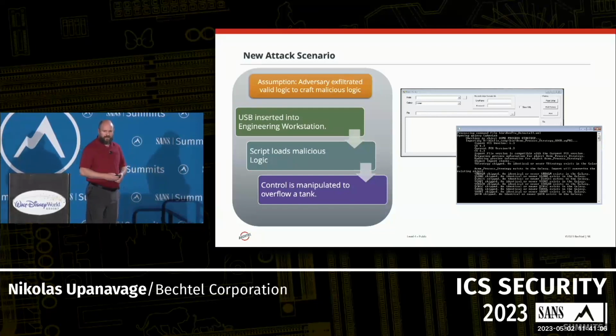And at that point, the control is manipulated, and the water tank in the front of that skid will start overflowing water. In our case, it pumps it back into a reservoir because it's a closed loop system. This could be something out in the field. It could be overpressured and cause some significant damage.